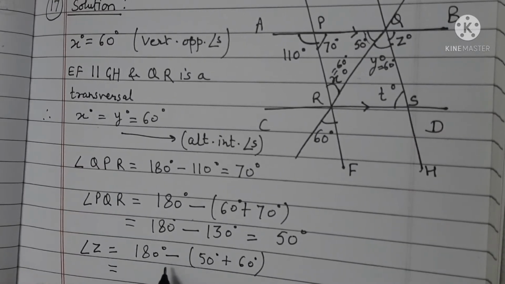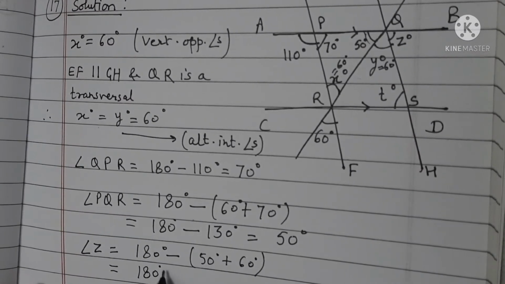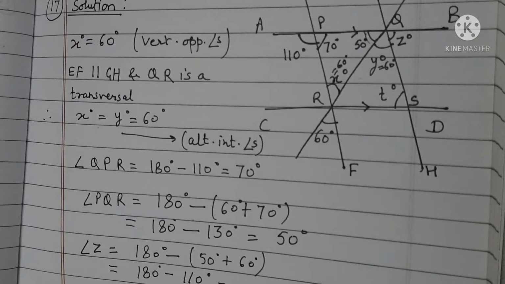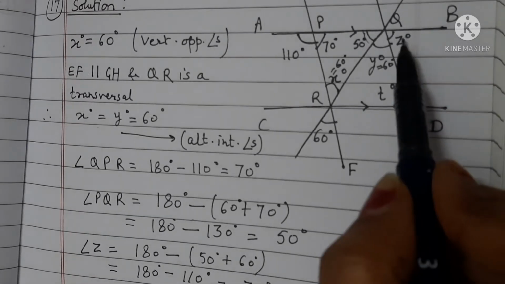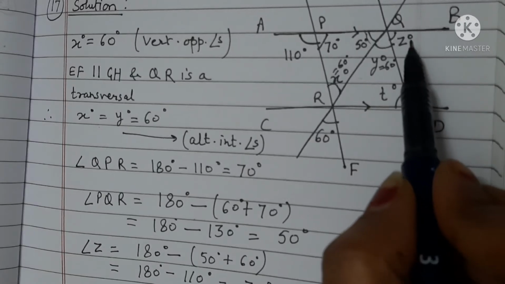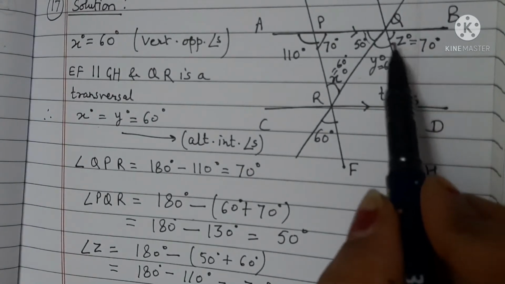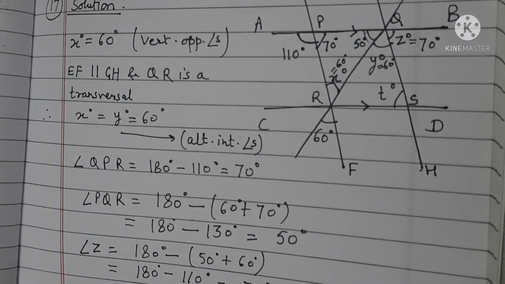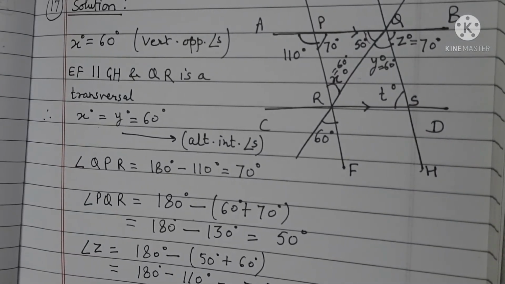You will get 180 degrees minus 110 degrees, 70 degrees. This is 70 degrees and Z is equal to T. So right here Z is equal to T is equal to 70 degrees,